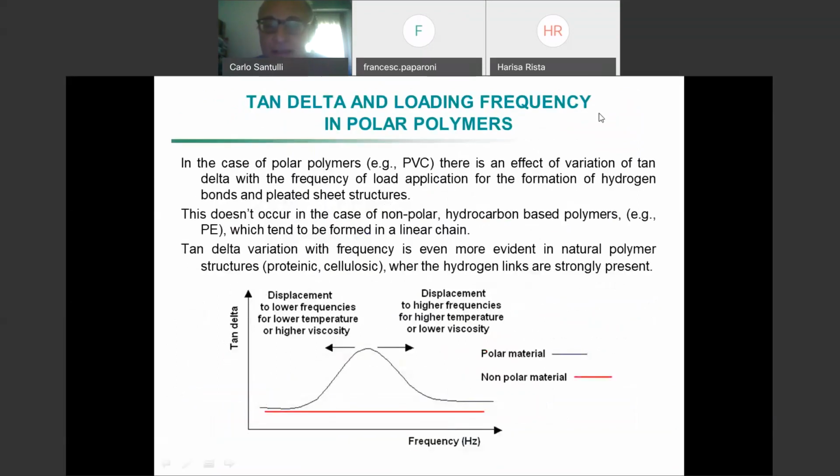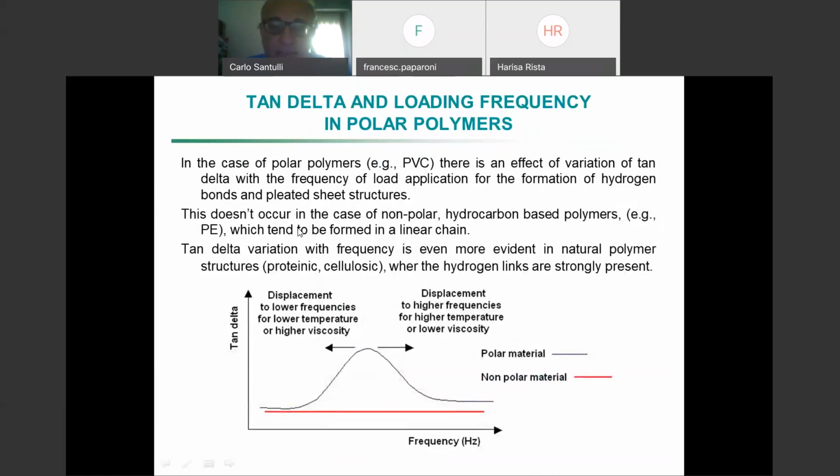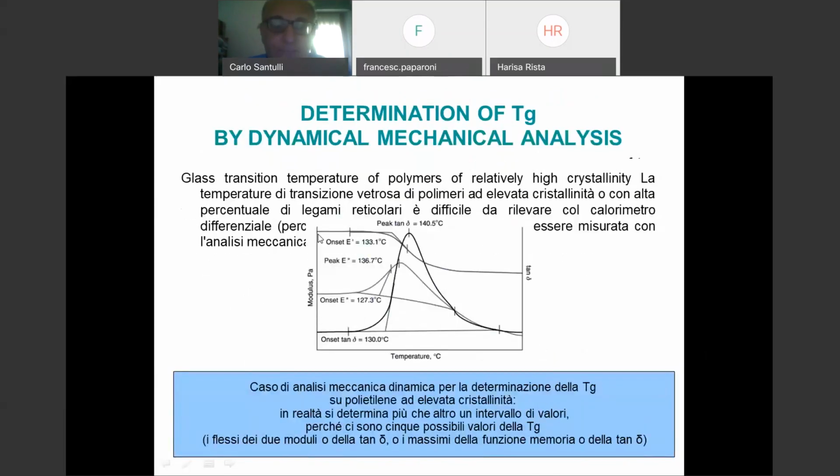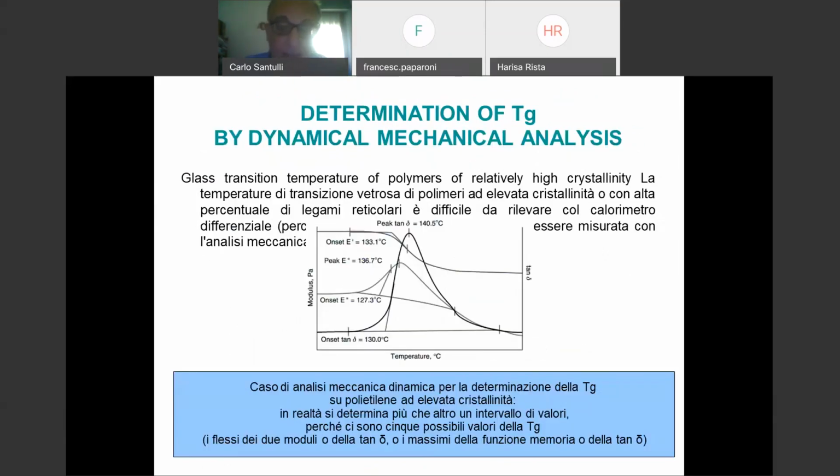You can see that you have a glass transition temperature. Anyway, the glass transition temperature, you can measure it by dynamical mechanical analysis. So basically, the glass transition temperature also increases the losses, of course. What we are saying is that you have a rubbery Young's modulus and a